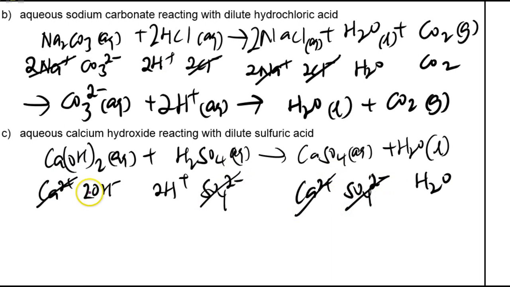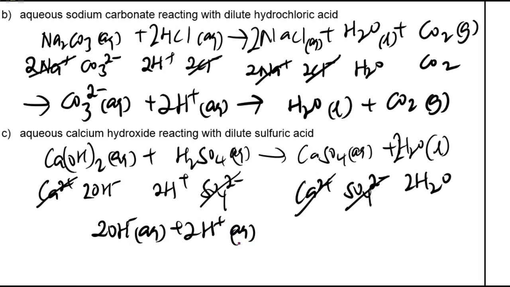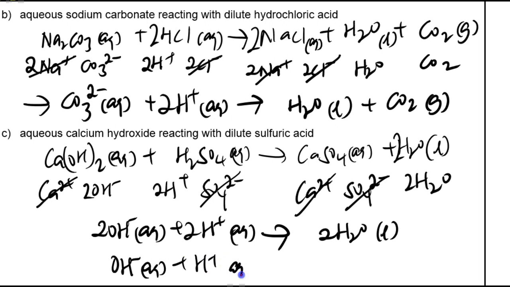What we have left is simply this equation here: 2OH minus aq plus 2H plus aq, giving us 2H2O liquid. So we balance it. It's 2, 2, 2. We cancel out. So we are left with OH minus aq plus H plus aq, giving us